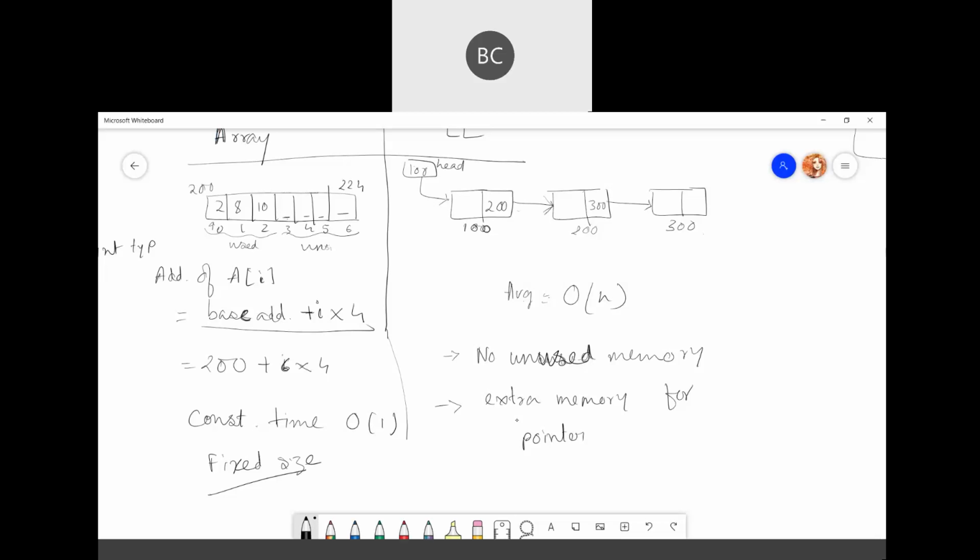But in case of a linked list, there is no problem of unused memory. You can add or delete anything anytime. It's dynamic, not fixed. We just need extra memory for the pointer because we are storing the address of the next.